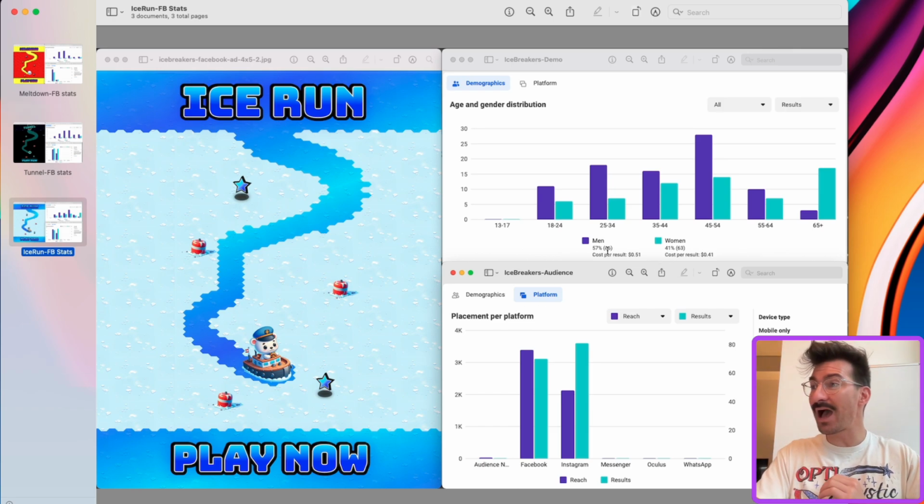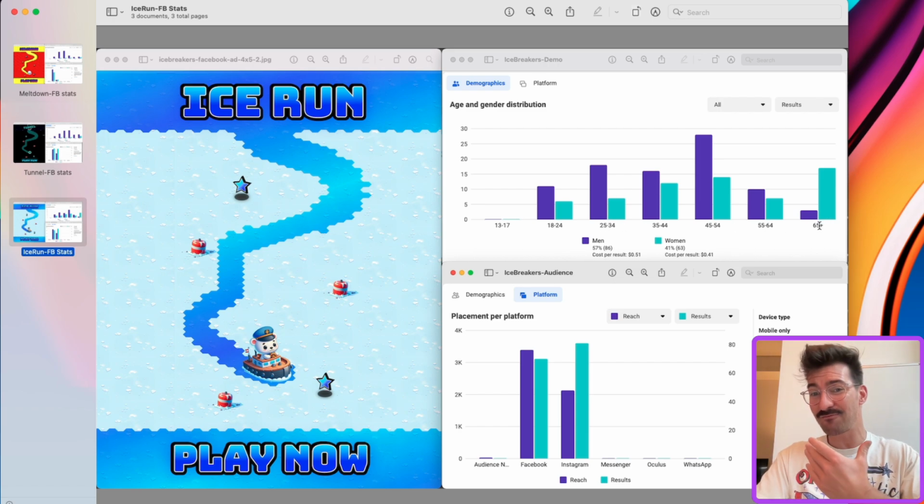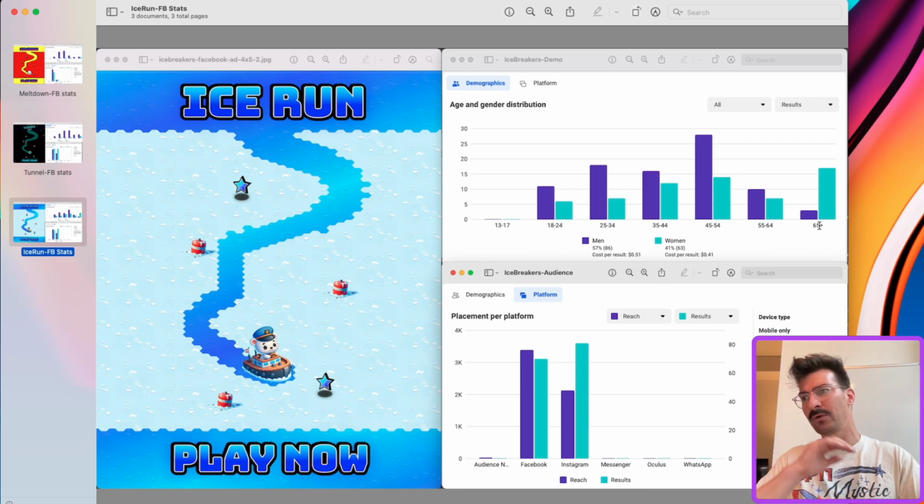So here we've got a much broader response. Still peaking, so we've got 57% men, 41% women, a much more even split there, and still peaking with that 45 to 55 male demographic. That's our biggest click-through rate here, followed by sort of an even split between men 25 to 35 and women 65 plus. So a whole lot of different demographics coming in for this particular gameplay mock-up.